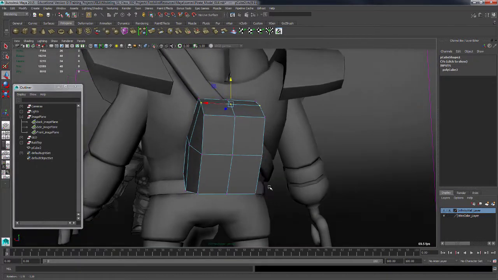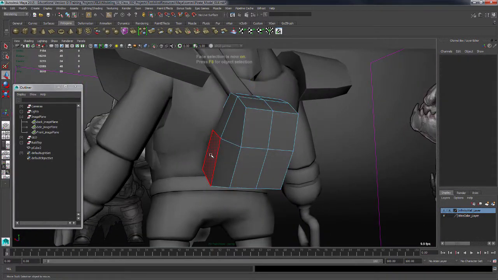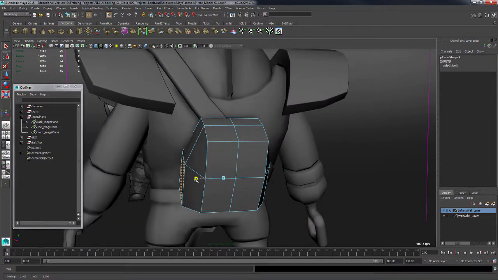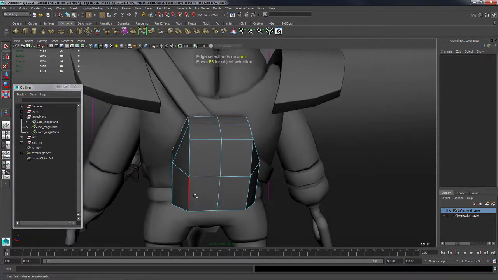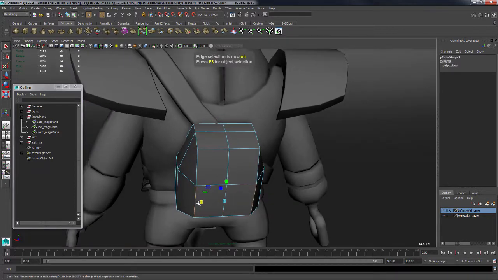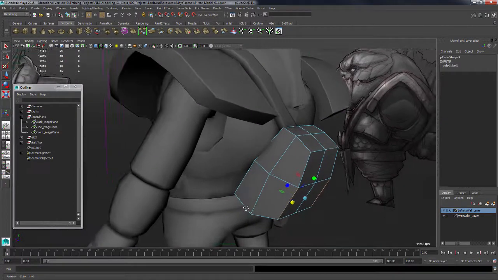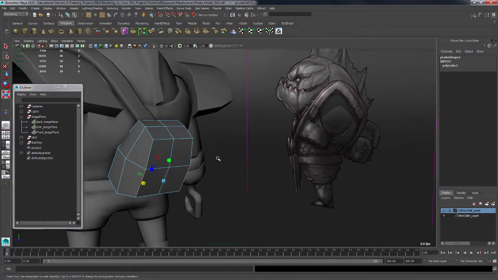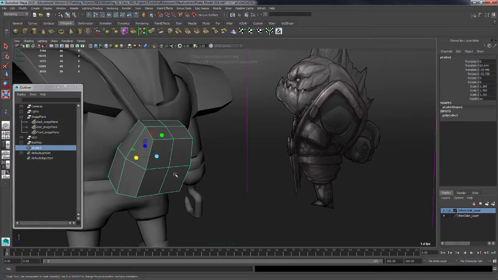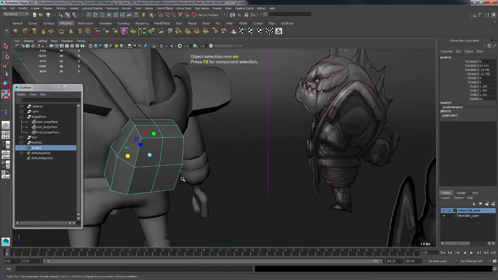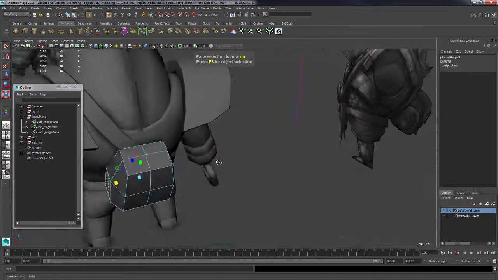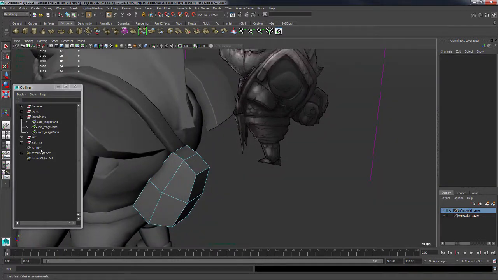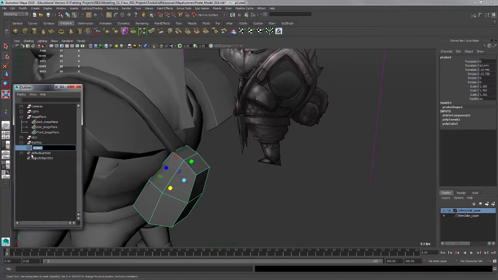So we're starting to get a fairly decent shape. Again, if we select these faces, that was going to be a lot quicker to do, and just kind of scale these things out this way a little bit. Maybe take these edges, scale them out here just a little bit like that. And now here's where we start to build this lip like what we've got going on here. So we only need half of it. Let's get rid of half of it so we can start doing our normal thing where we only have to worry about half, and we can call this backpack